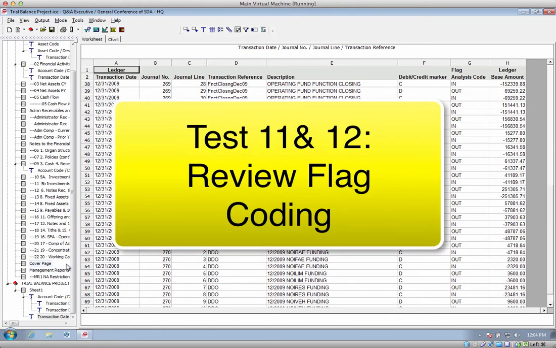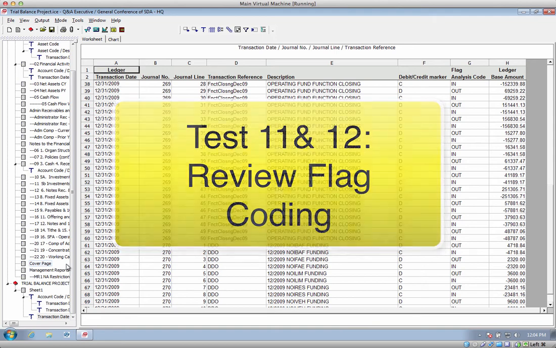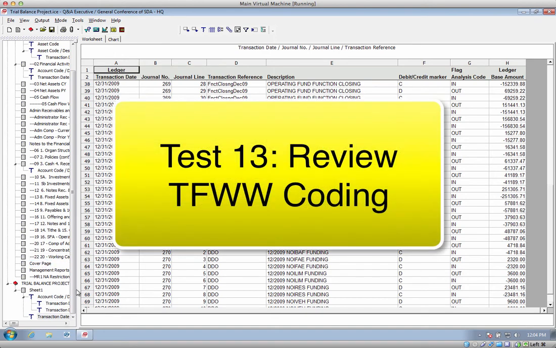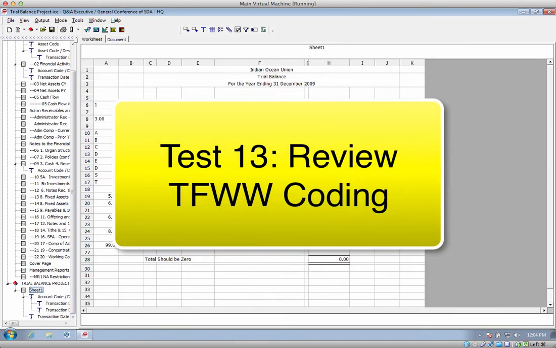So we've checked our step 11, which was to review the flag for ins and outs, and review the flag for transfers. And then while we are at transfers, we want to review